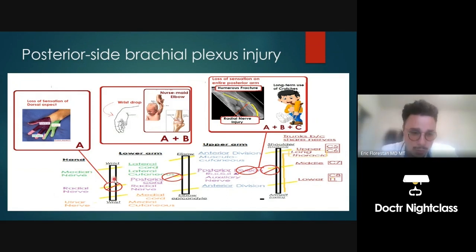All right, so damage here about the wrist. On the posterior aspect, you'll have damage to the radial nerve, which gives sensation here on the back of the hand, the dorsal aspect, dorsal, like a dorsal fish with the fin on the back of the dolphin, the dorsal dolphin, right? Okay. If you have damage further upstream,